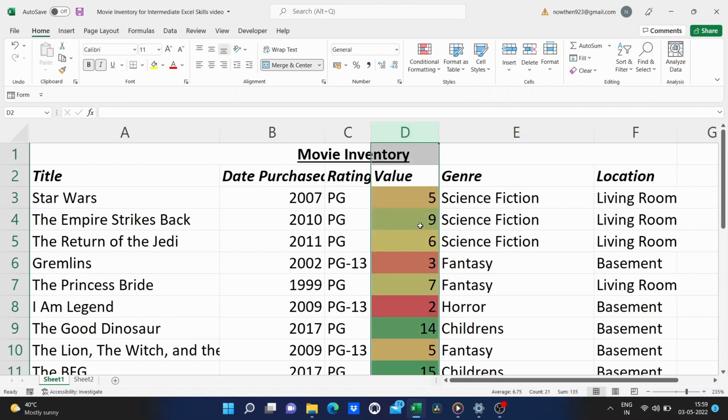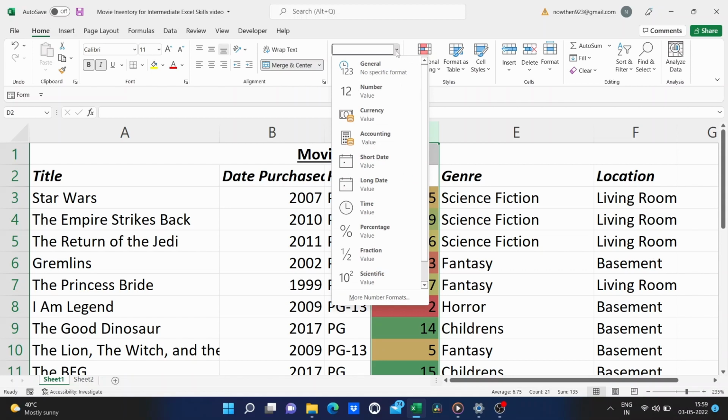Right now, everything here is formatted in a general way, which is to say that there's nothing special about the way the numbers themselves are formatted. However, if I go up here, I can change that from general to any one of these other things, and there's even more beyond that.